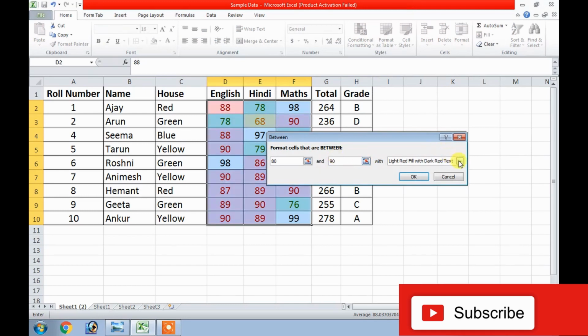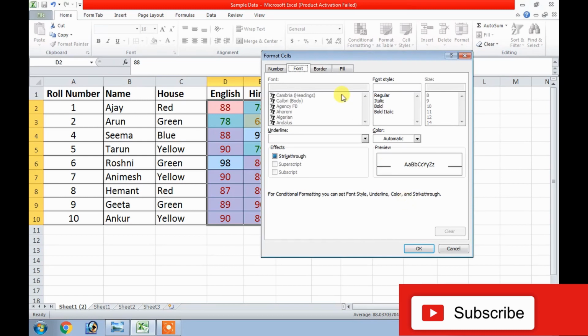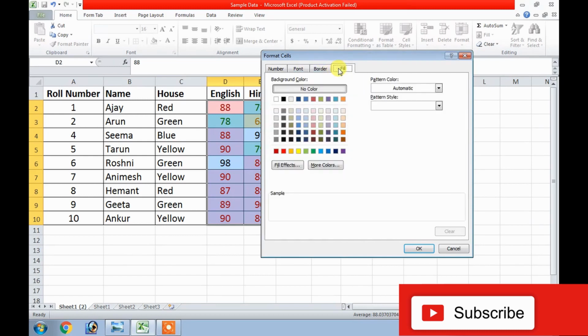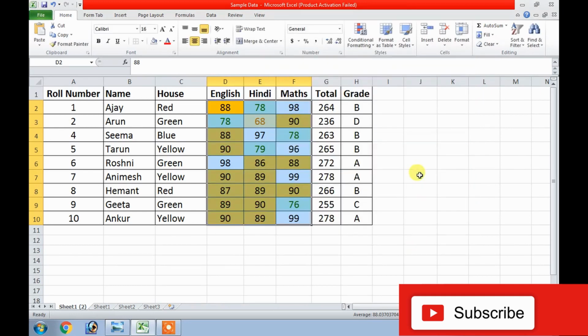Fine. And this time I would like, see these options I have chosen. There is light red fill and there are two, three more, but I am choosing custom format. And in the custom format, I have option fill, border, and all that. So I would like to give this say purple color or any of your choice. Say I'm giving this color, right? Golden color or dark yellow. Okay, and so now you can see that the values are clearly mentioned with different colors.